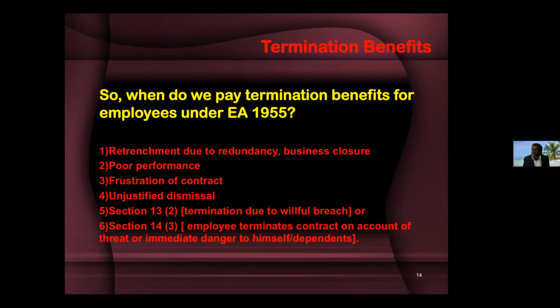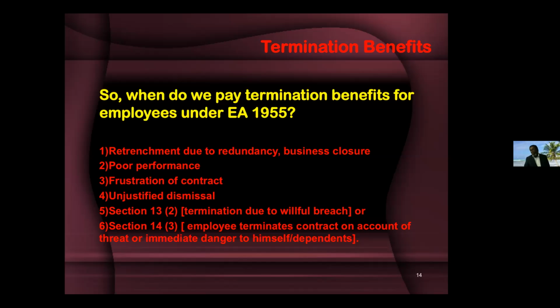So as you can see, it is very subjective who actually qualifies to be a manual worker under the Employment Act. There have been cases that have gone right up till the English House of Lords to decide who is actually a manual worker. So it's extremely subjective. Unfortunately, that's how our Employment Act works in some areas. So number three, obviously supervisors or manual workers and so on. So these are the categories for employees where the company is bound to pay termination benefits.